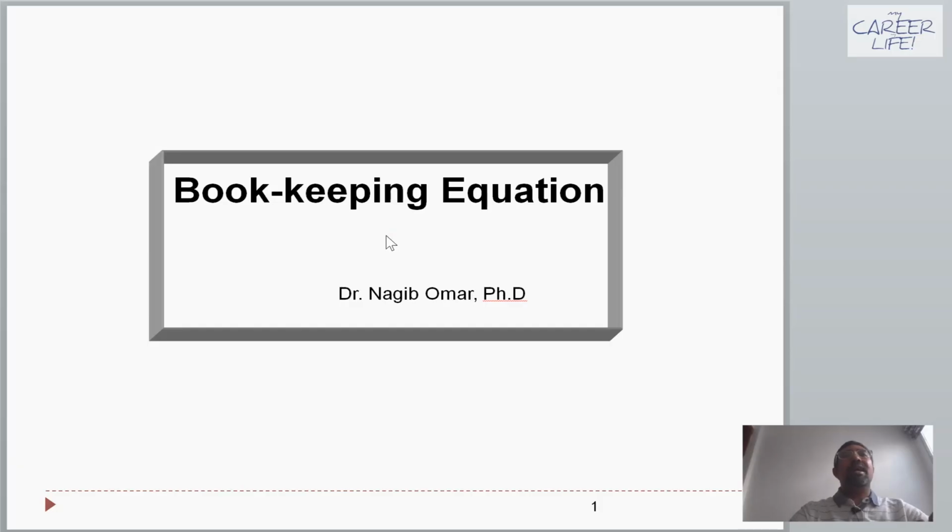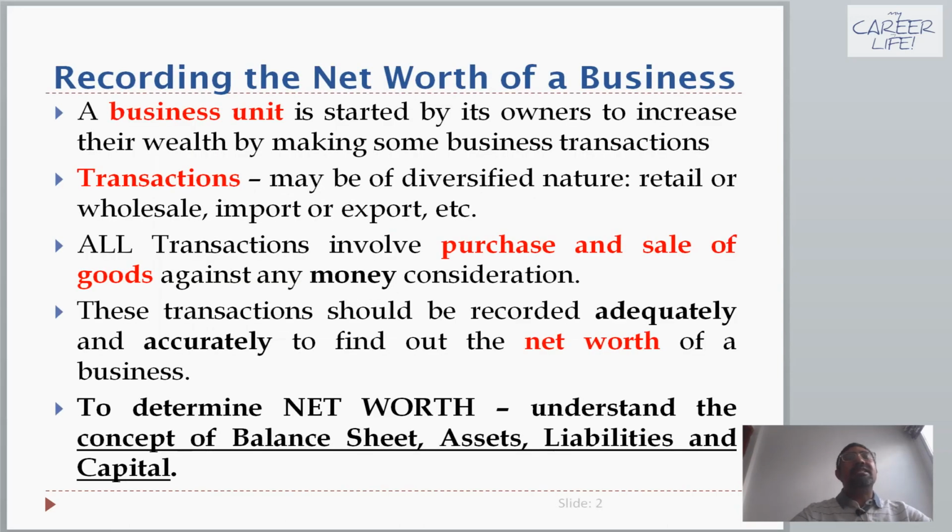Good afternoon. Today we want to look at the second topic in financial accounting, and this is the bookkeeping equation. It is very important that we record the business transactions for the purposes of determining the net worth of a business. A business unit is started by its owners so that they are able to increase their wealth by doing